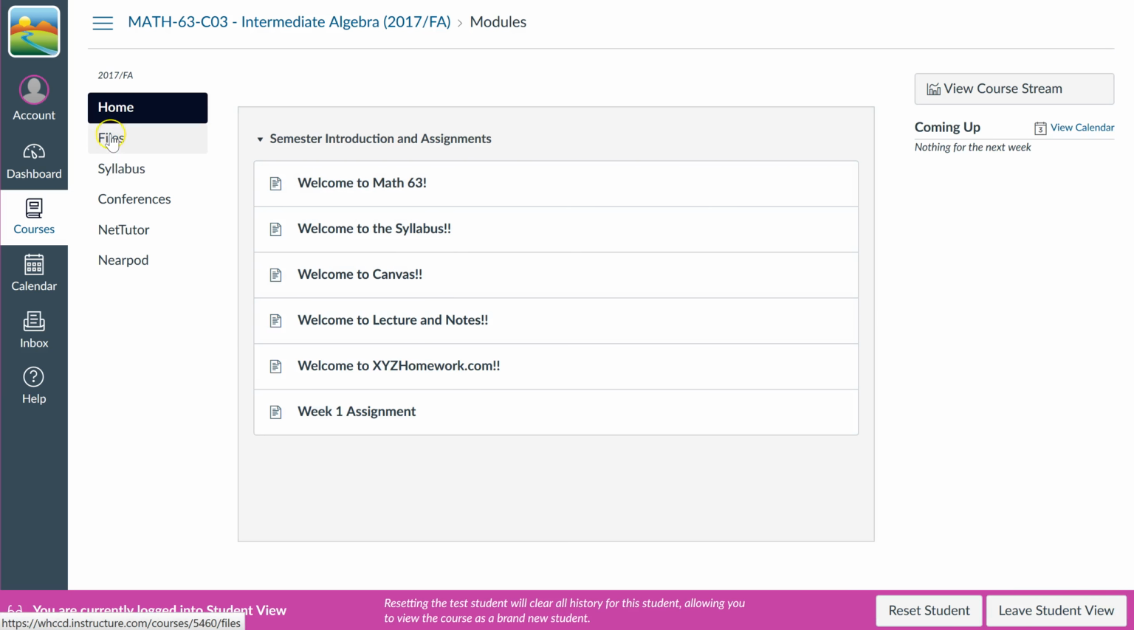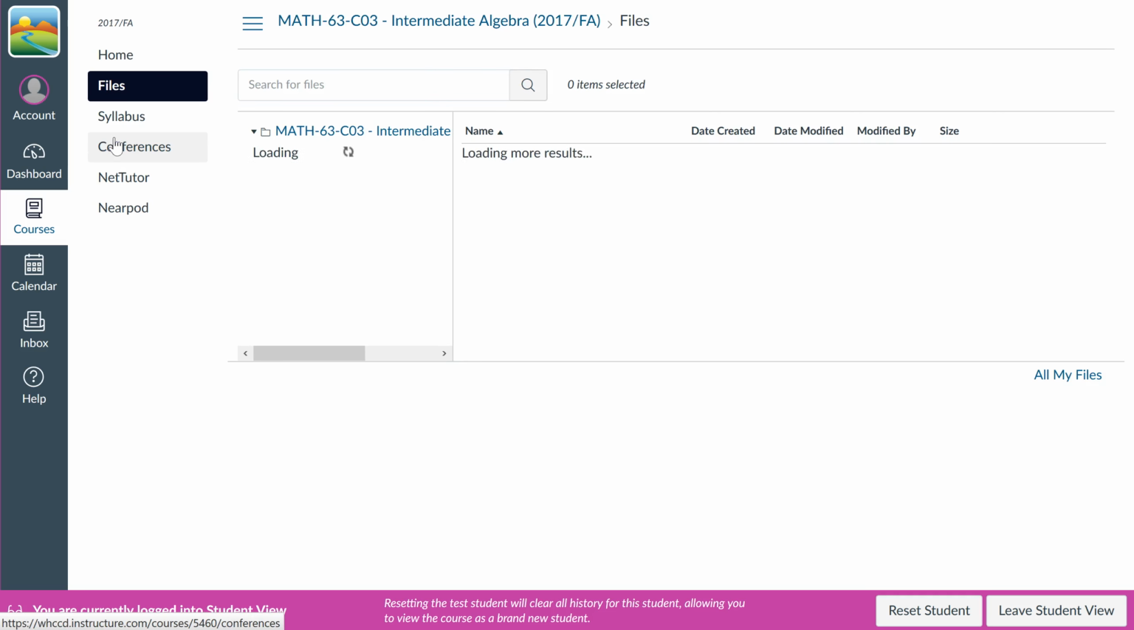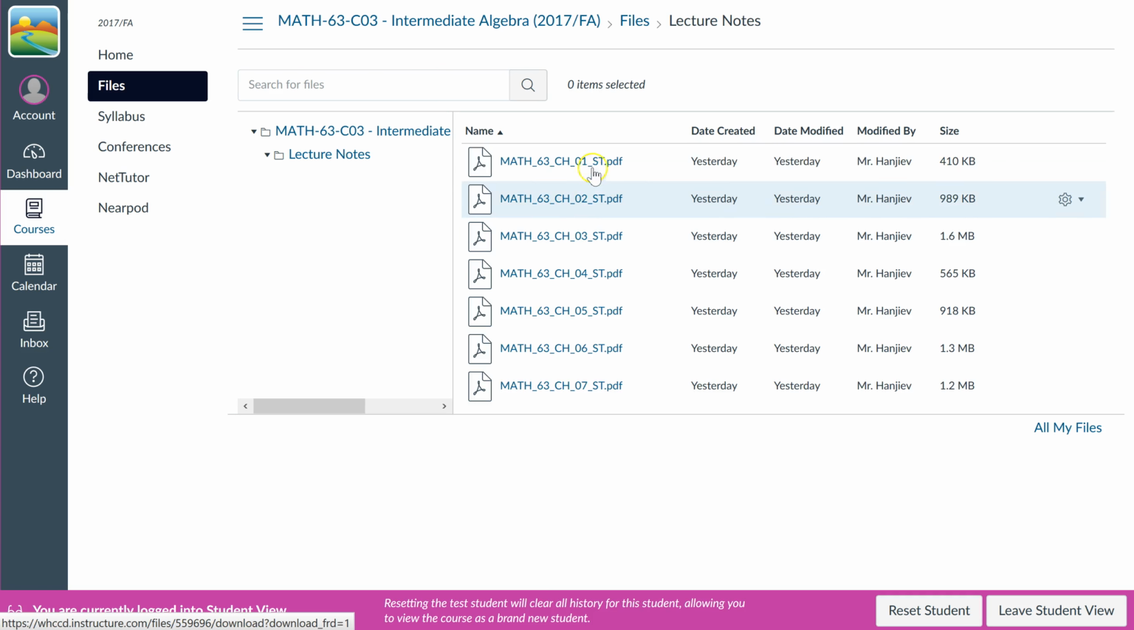All right, then let's go to files. Now, if you want to get all the files right away for all the lectures for the whole entire semester, you can click on here. These will have you chapter 1 all the way through chapter 7. I'm still making chapter 8 and chapter 10, so those are still on my little bucket list to do